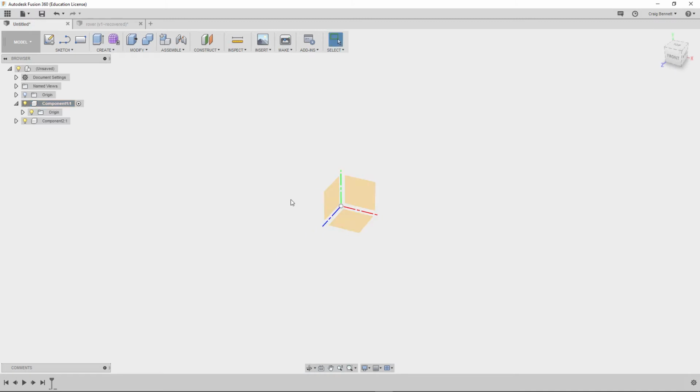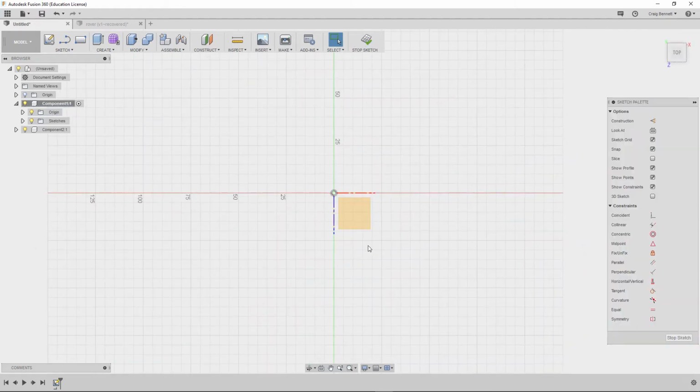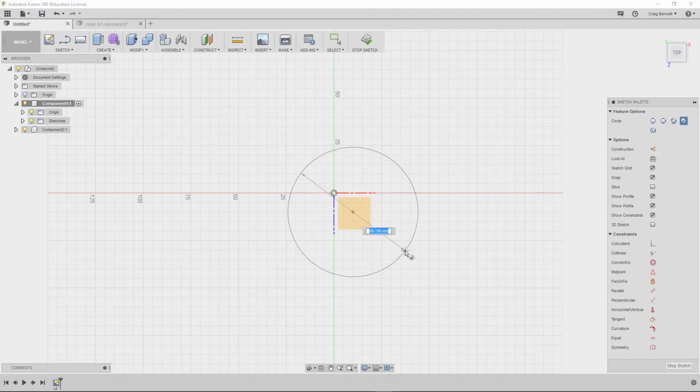So as far as making a 3D model, to do this you have to use a plane, XYZ, or you need to have a face on a 3D model, as they call it. So what we're going to do is go here and create a sketch, and it's going to line us up properly. Press C, and what we're going to do is go ahead and